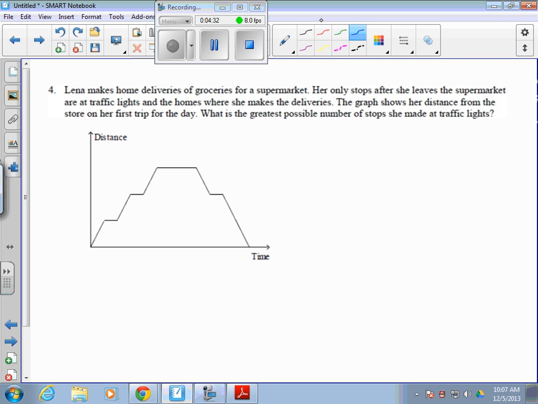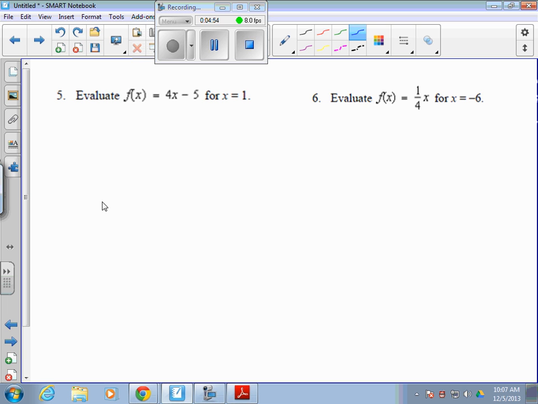Okay, she stops 4 times, 1, 2, 3, 4, but she makes a delivery at number 3. That's why it's not 4, because she makes a delivery at 3, so only 3 times did she actually stop at traffic lights. She has to make that one delivery. So how many is the maximum, the greatest possible number she stops at traffic lights? 3 times. Then we evaluate, and for this, you read this as f of x equals 4x minus 5, just in place of